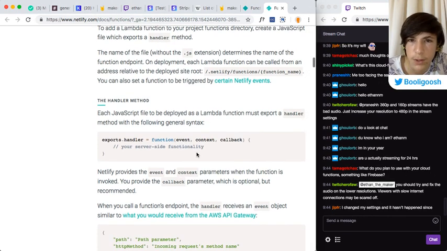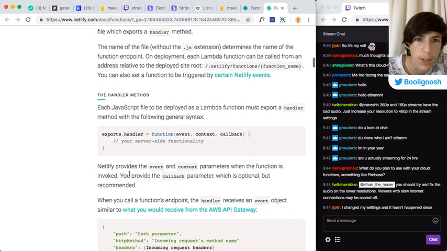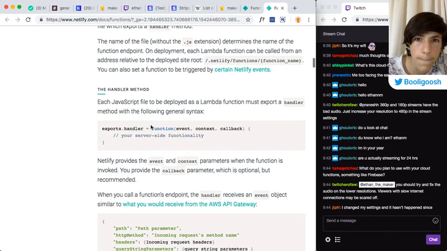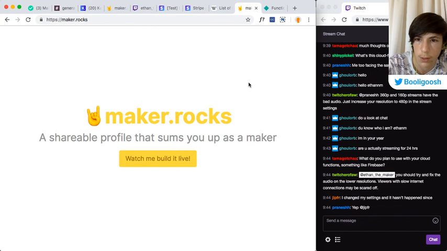So with the cloud functions, I'm basically going to create new customers in Stripe. I can't do that on the front end because it requires secret API keys. Here we go. Let me try requesting this URL.